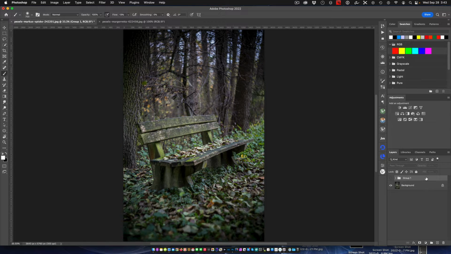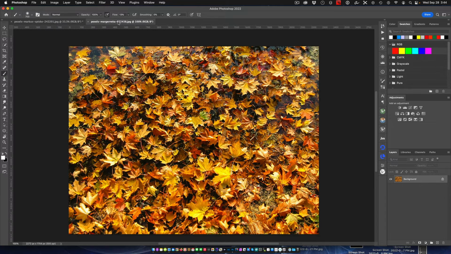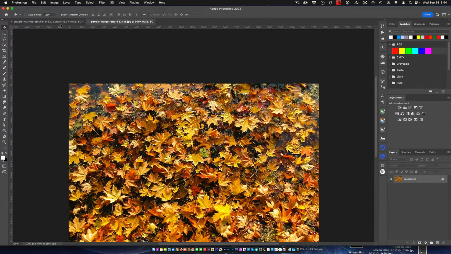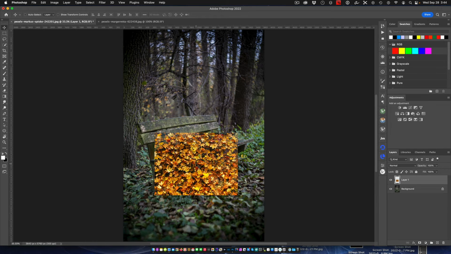I'm going to throw away this work and down it goes. So now we just have the original image, and I've got the leaves. So let's drag the leaves into that photo so we can have it as a layer. And there we are. We're done. Just kidding. So we've got leaves, and I plan on